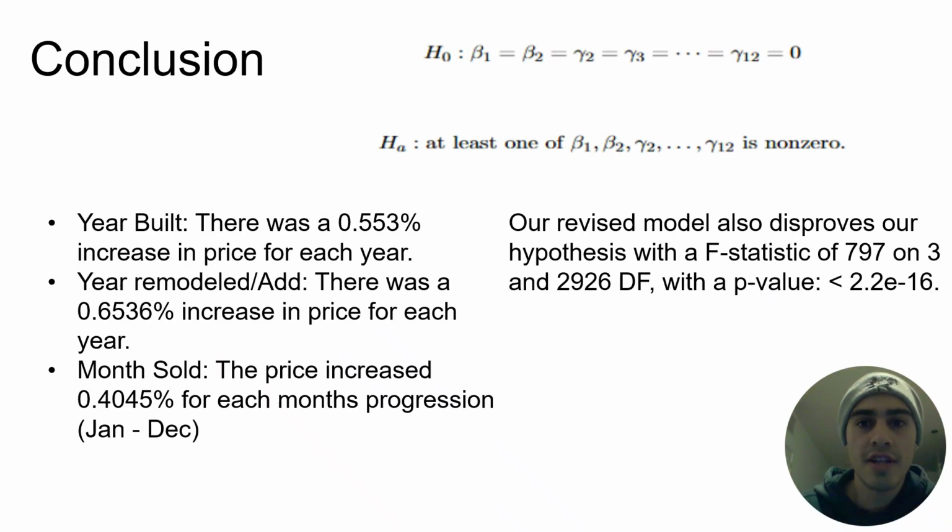The final model produced an F-statistic of 797 with degrees of freedom 3, 2,926 with a very small p-value, indicating that at least one predictor significantly affected price. Specifically, sale price increased by about 0.553% per additional year built, 0.6536% per year since remodeling, and 0.4045% for each month later in the year the home was